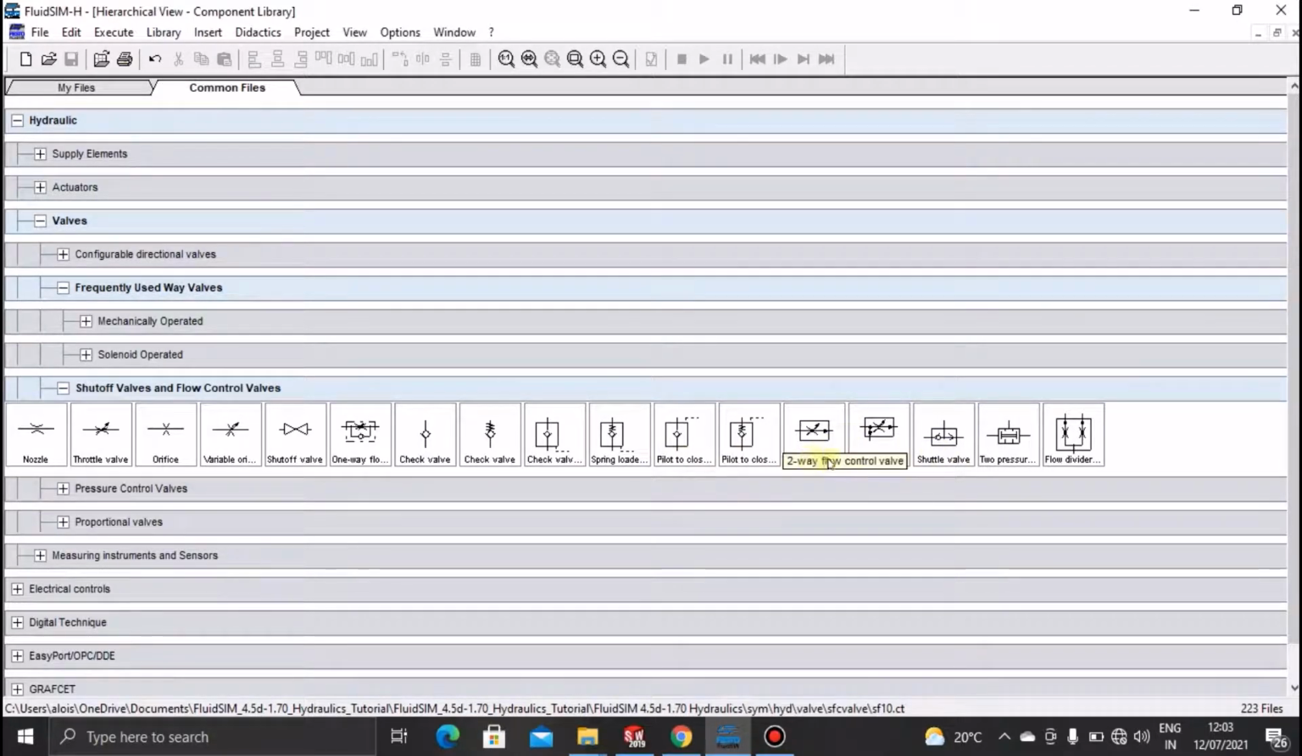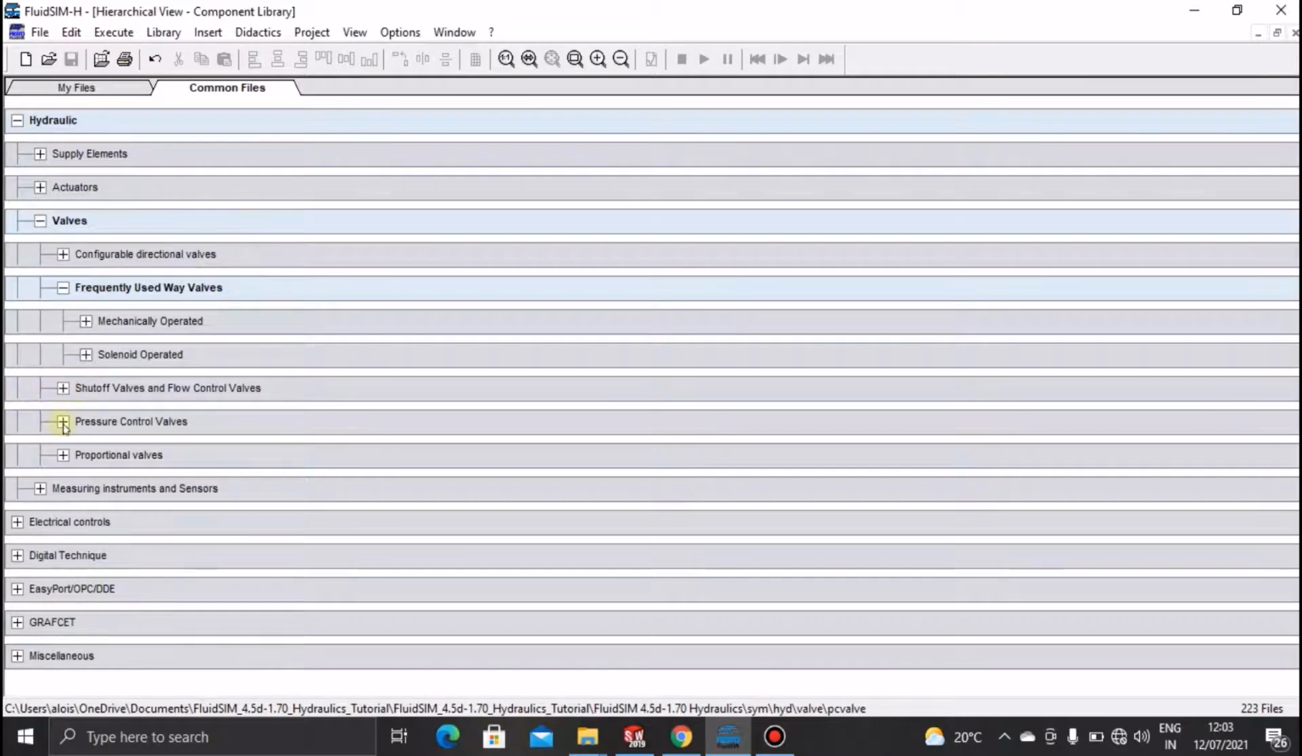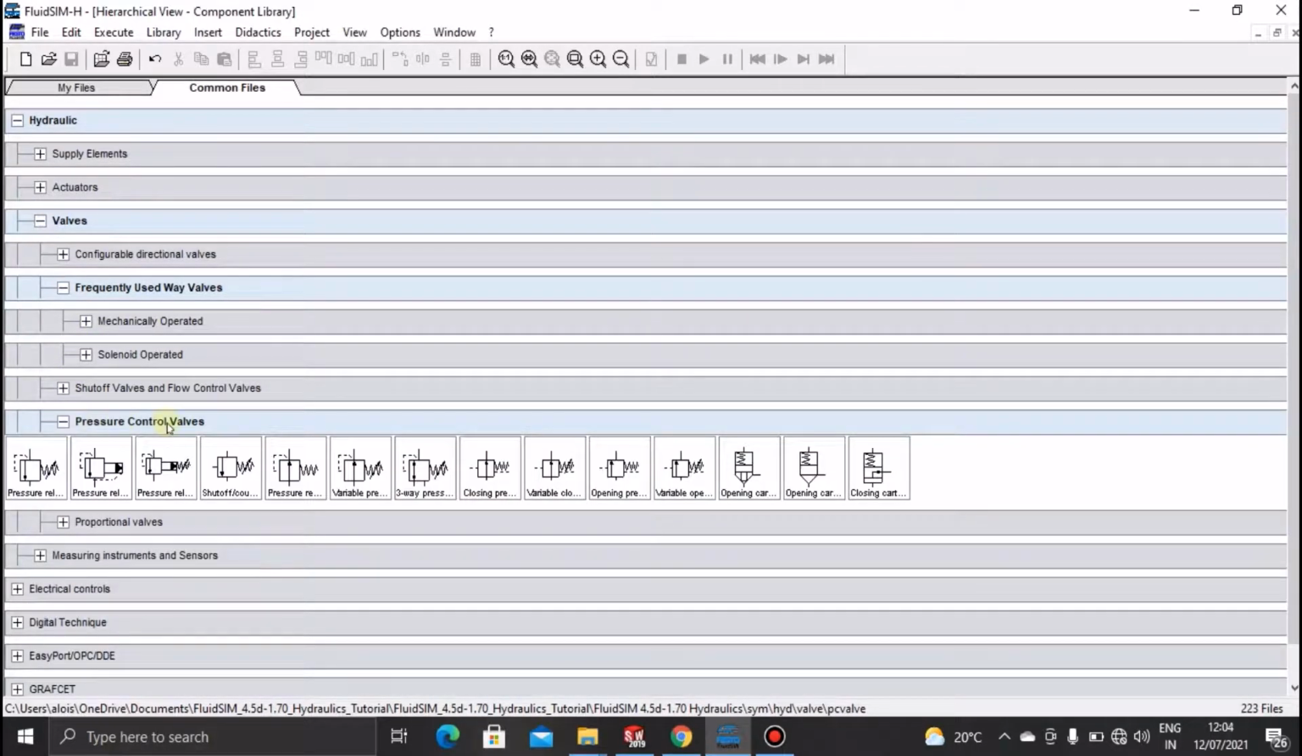Here is a 2-way flow control valve. Here is a 3-way flow control valve. Here is a shuttle valve. It has 3 ways. Here is a two pressure valve. Here is a flow divider valve. Then the pressure control valves. So here we got the pressure relief valve, just to regulate the pressure in the system,